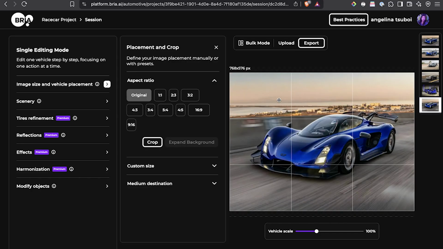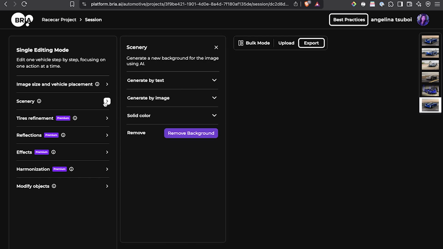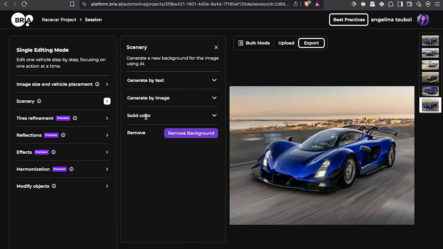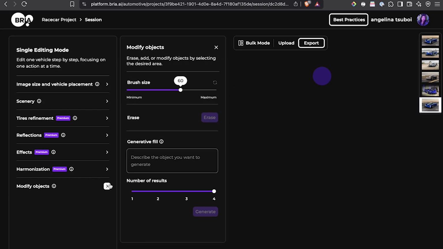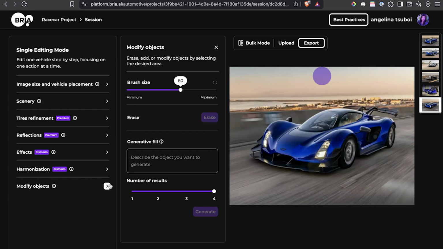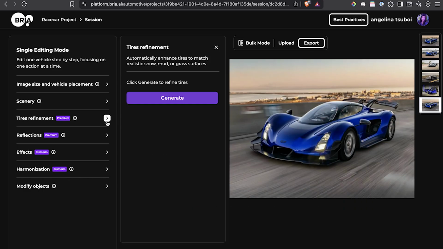And it was able to fill out the rest of the city skyline and the road for us. You can see some of these options are restricted by premium, but you can access other aspects. Again, you can change the scenery by text or by image, or just make everything a solid color. And we also have access to their